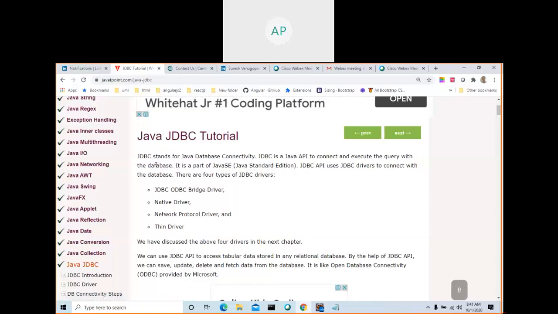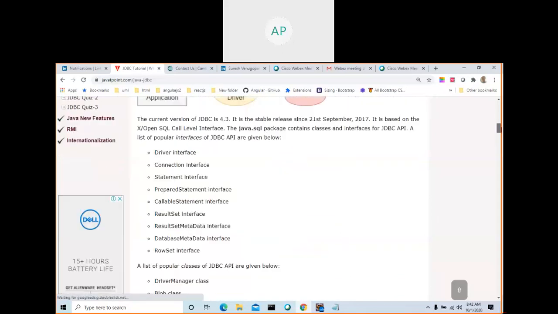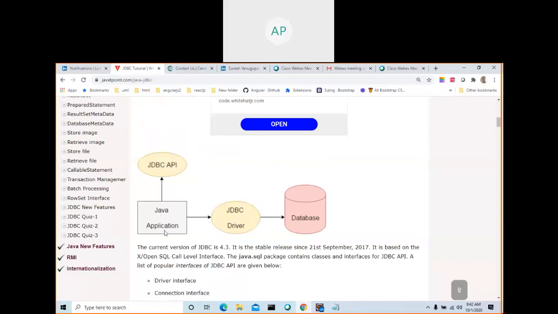We know all those queries. Before that, we used Workbench to send queries to our MySQL server. Now, from a Java program, we will send the query to the MySQL server, and we are going to use JDBC, that is the driver, as an intermediate. Okay. So there are four types of driver available. We are going to use only the thin driver, and you can read all the documents over here. From the Java application, by using the driver, we connect to the database.